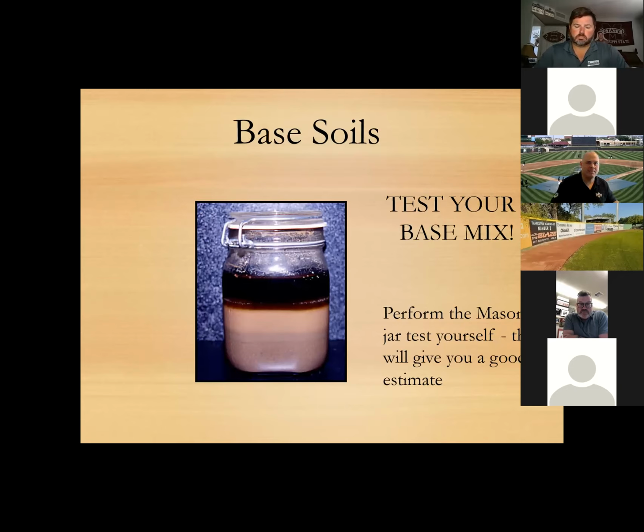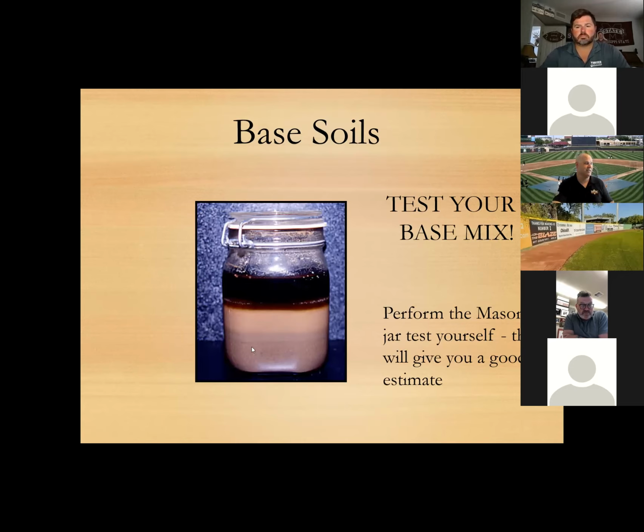I don't know how many people have heard about using a jar to test their soils, but you can use a jar in most situations, and you can shake it up and take a look at your sample and make a percentage off of it.